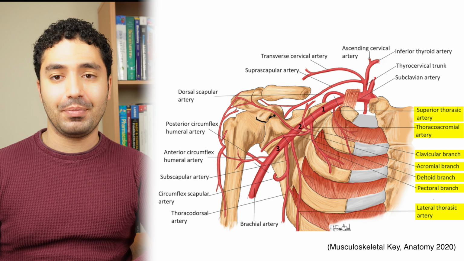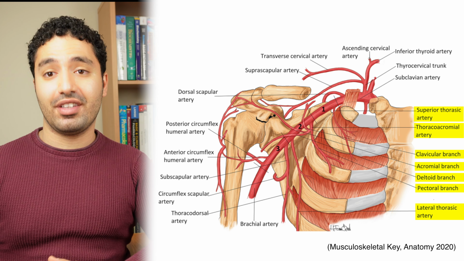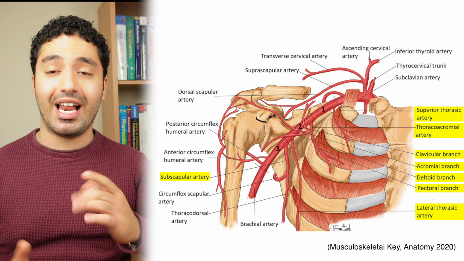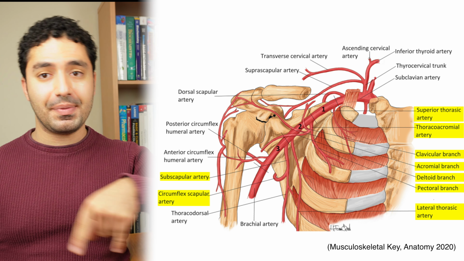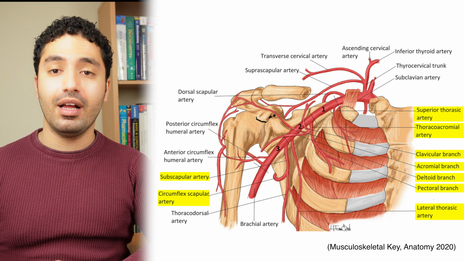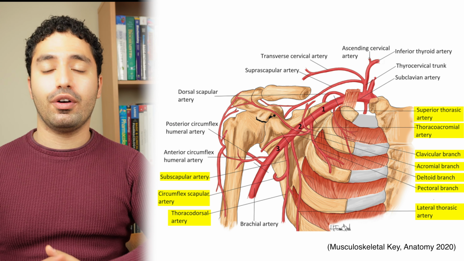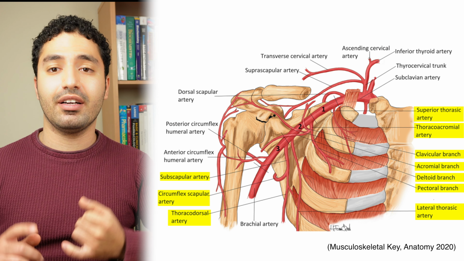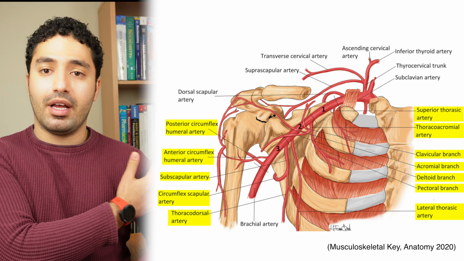Last but not least, we have the third part of the axillary artery, which conveniently has 3 arteries that branch off. First, we have the subscapular artery, which is short and actually splits into 2 arteries: the circumflex scapular artery, which wraps around the posterior surface of the scapula, and the thoracodorsal artery, which runs along the lateral border of the scapula. And the last 2 arteries are the anterior and posterior circumflex humeral arteries, which wrap around the humerus,